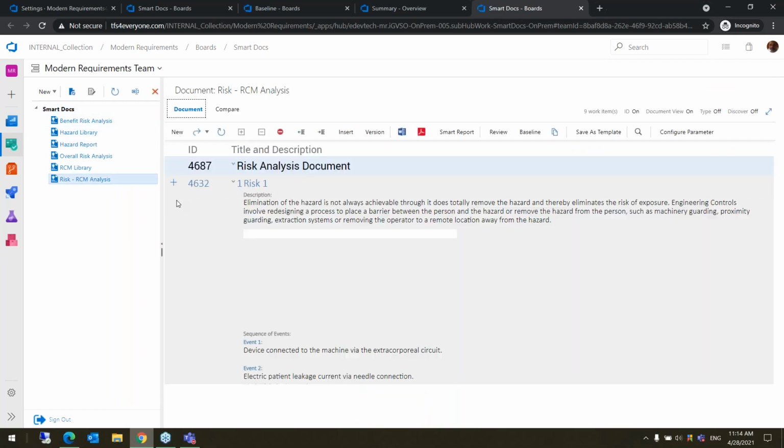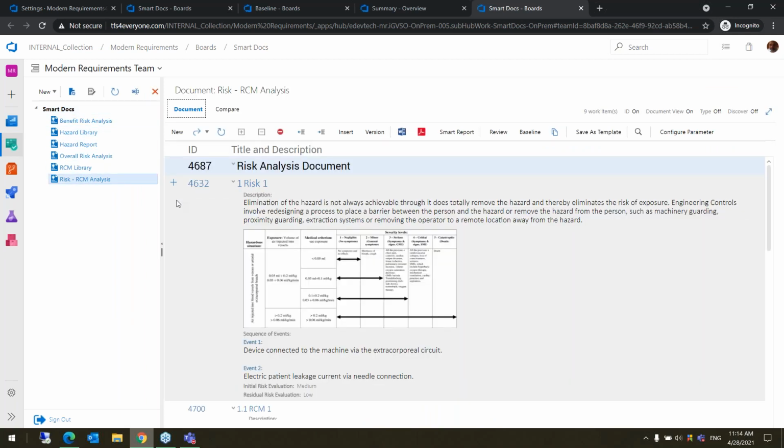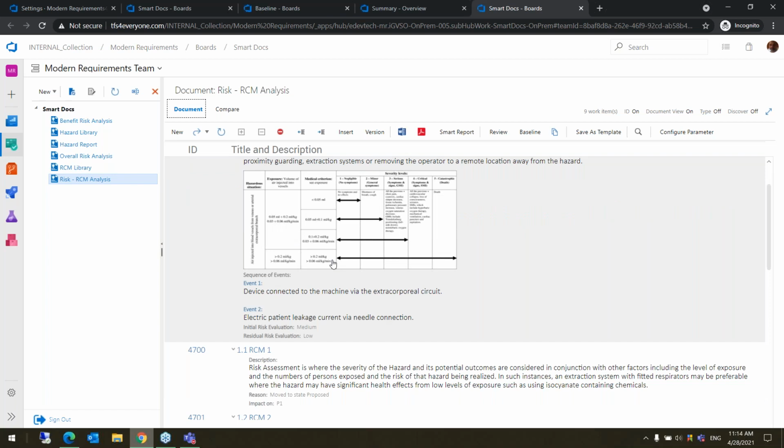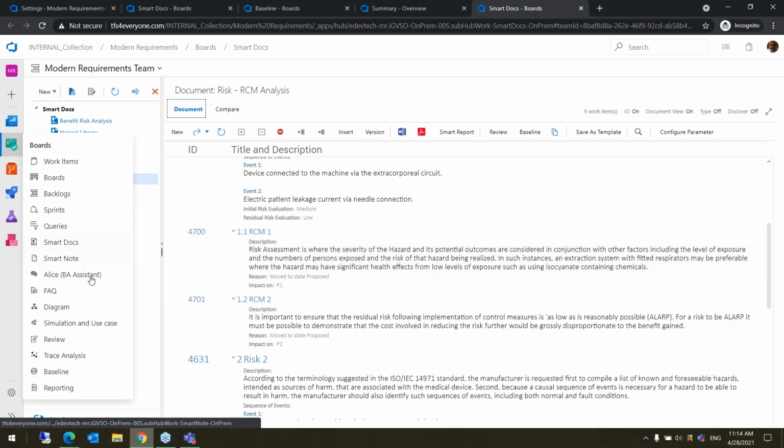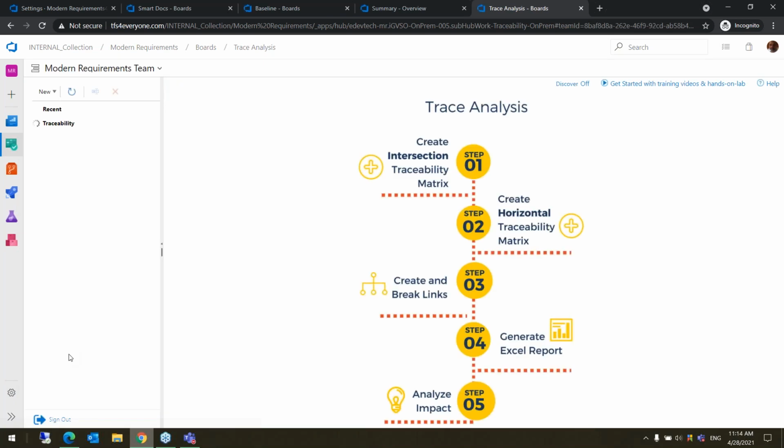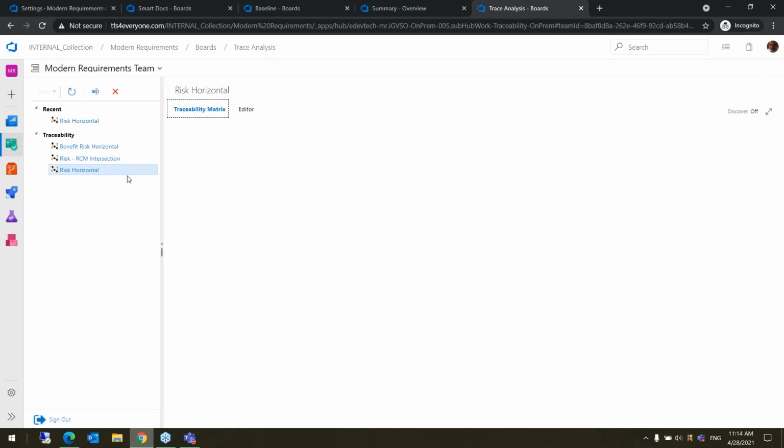I'm going to show you a Smart document. The Smart Doc allows you to document your requirements in a well-structured way. We also have the diagram module where you can build your diagrams in the same environment and link your diagram to other requirements. And we also have the traceability module where you can track,